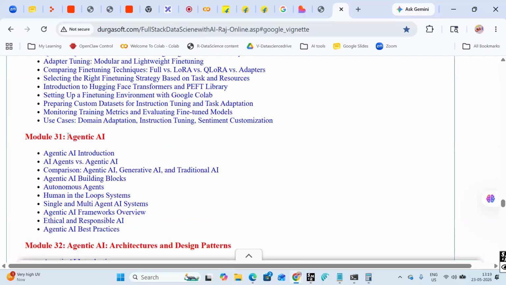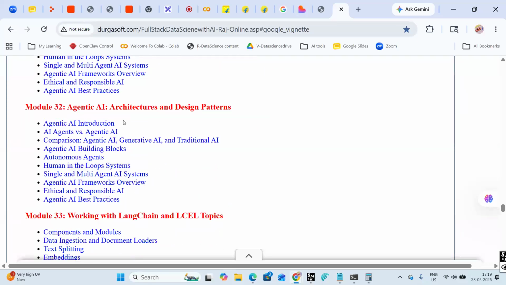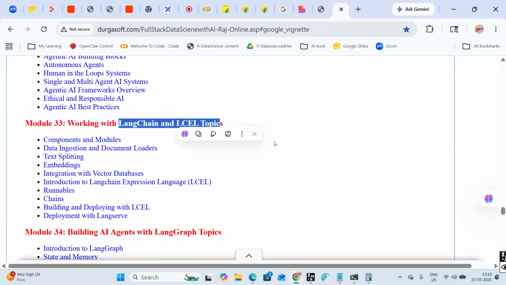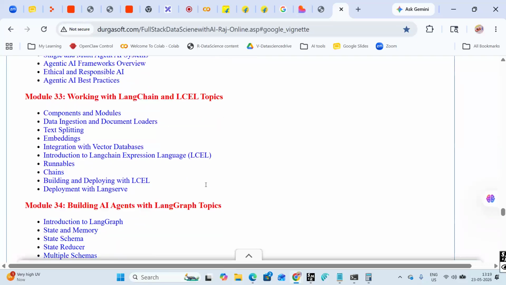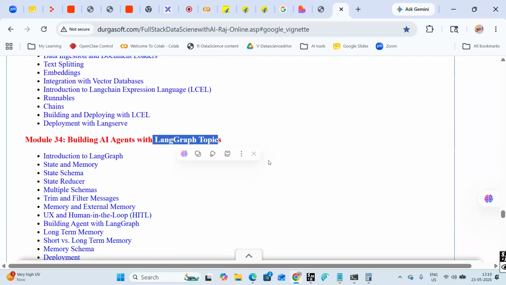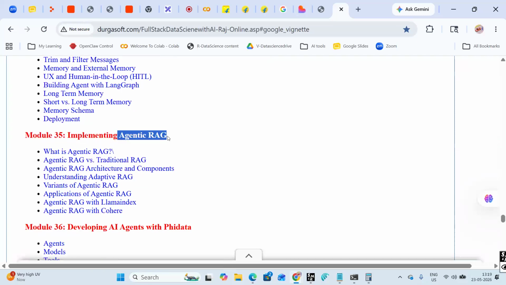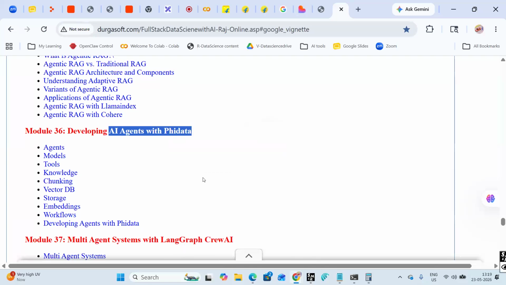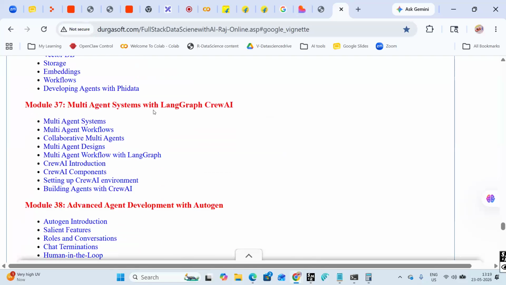Then we start agentic AI. Agentic AI architecture, working with LangChain and LCEL, advanced things. As I said, agentic AI is much more advanced than generative AI, so it will have advanced chain things. AI agents with LangGraph, implementing agentic RAG, AI agents with PhiData, and multi-agent systems with LangChain.